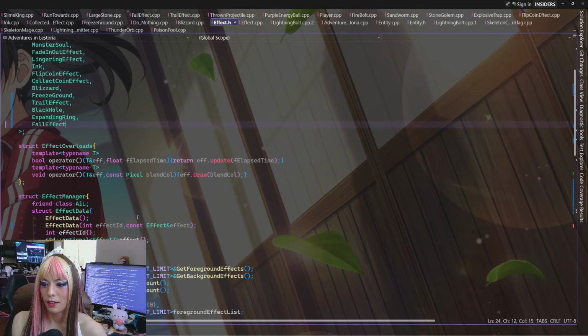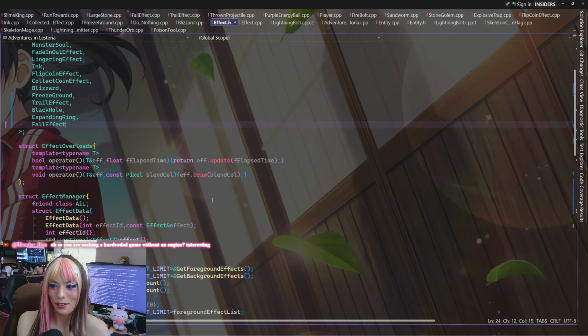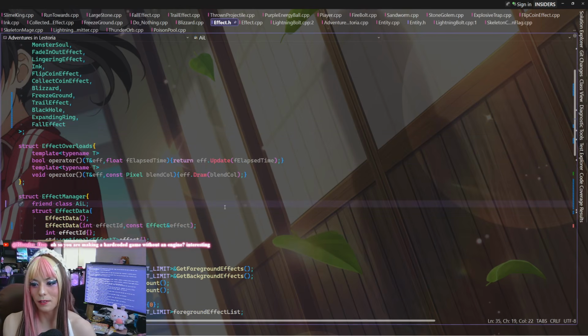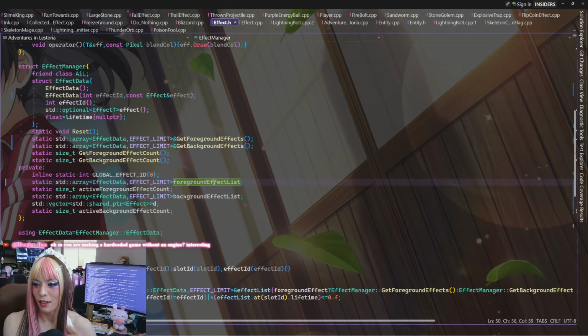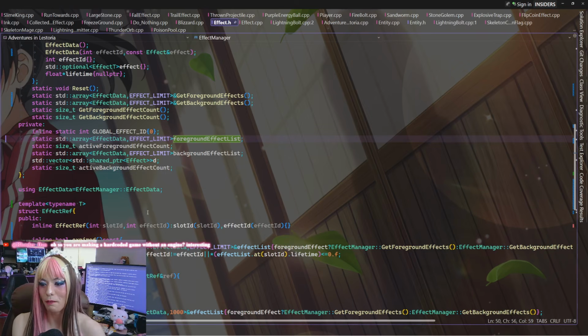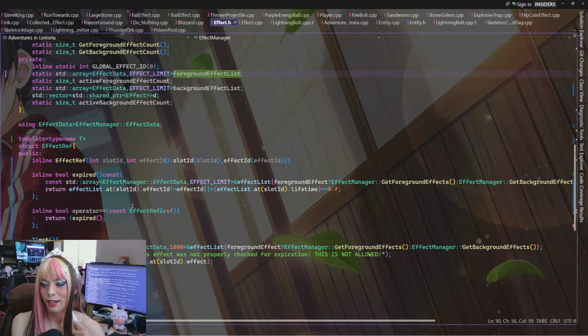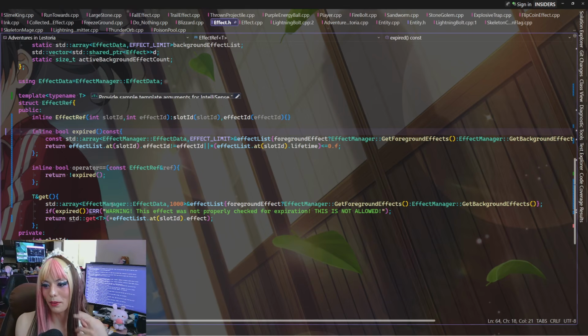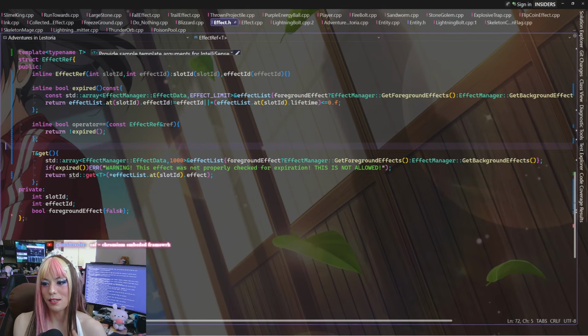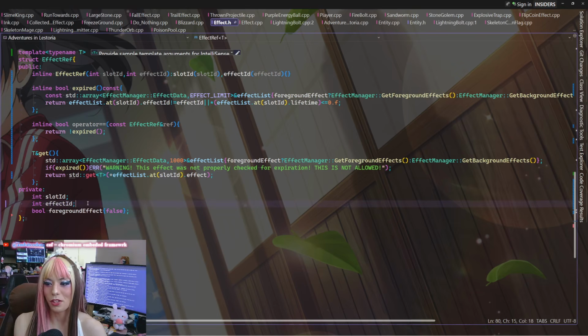So I'm using a stack allocated array now. It's a fixed size, and I'm using a system where if we want to keep a reference of it somewhere in memory, it's similar to a weak pointer in that it knows what slot and what effect ID it originally came from.